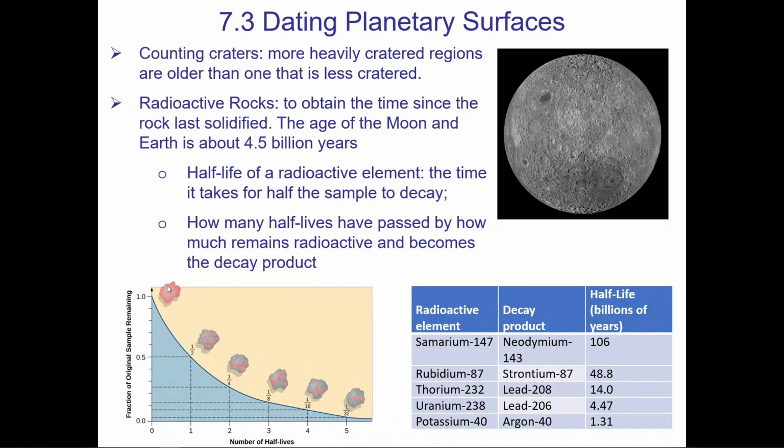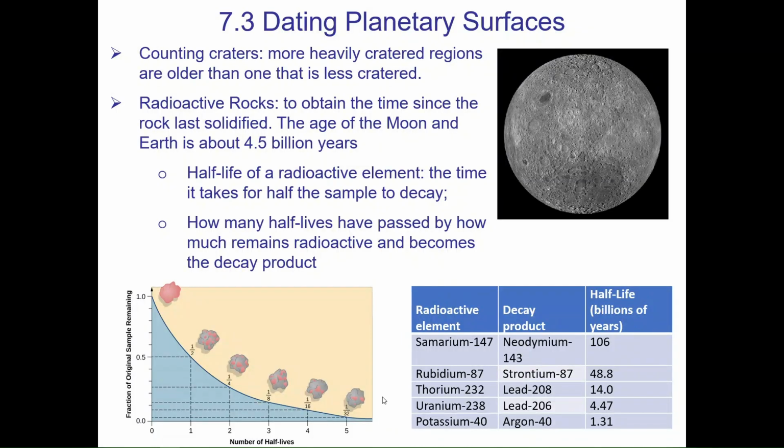For example, if we measure that only half of the radioactive element remains, we know exactly one half-life has passed. For example, if we use uranium and we measure that the abundance of uranium has become half, we know the half-life has passed, which is